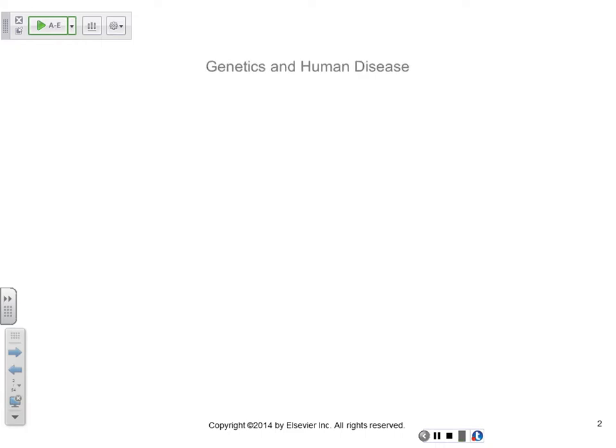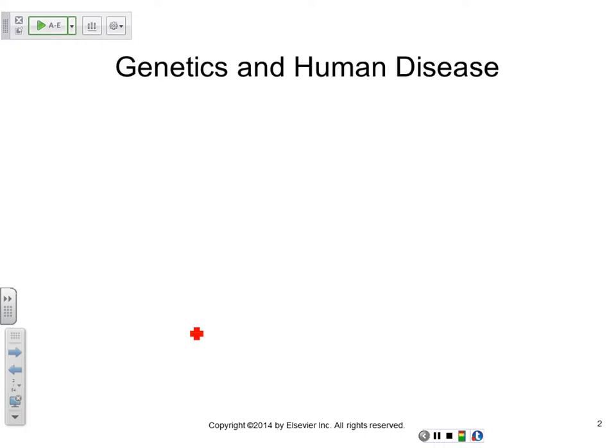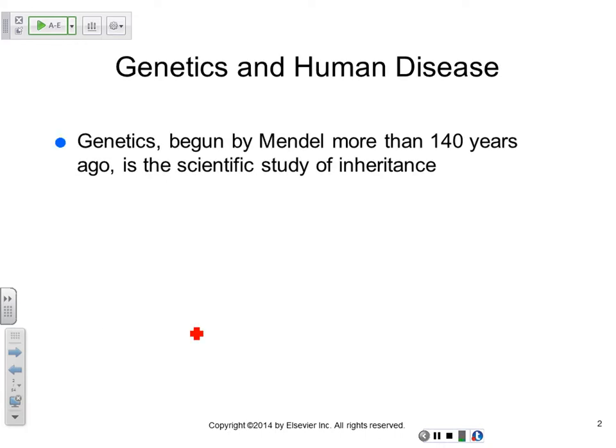So, genetics and human disease, right? This was started a long time ago, as you all know, by a geneticist called Gregor Mendel, who used to live in what is now the Czech Republic. In the later half of the 1800s, he discovered that biological traits are inherited by the offspring via independent units that we now call genes.